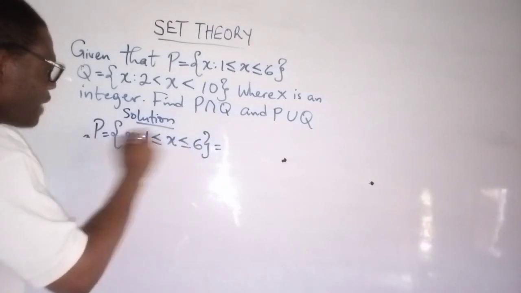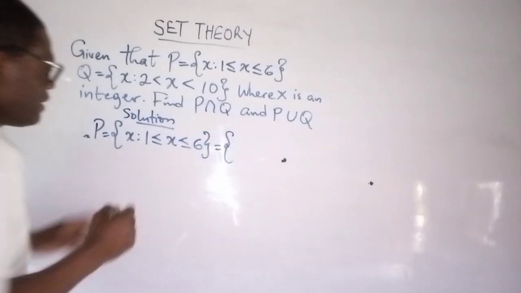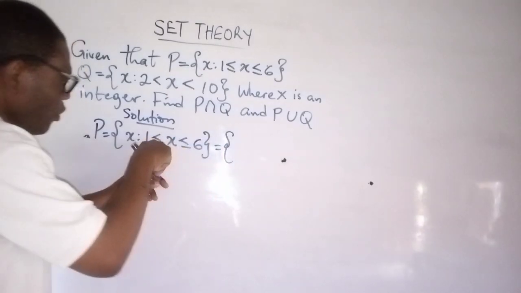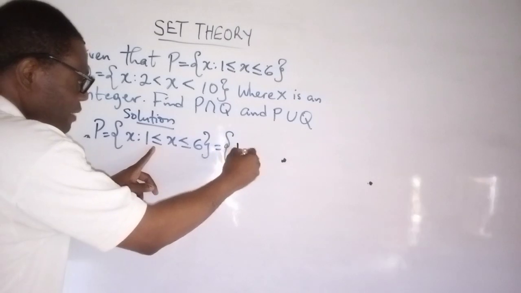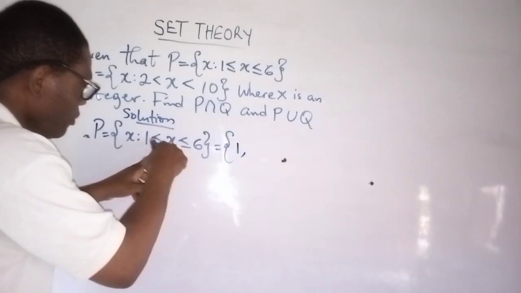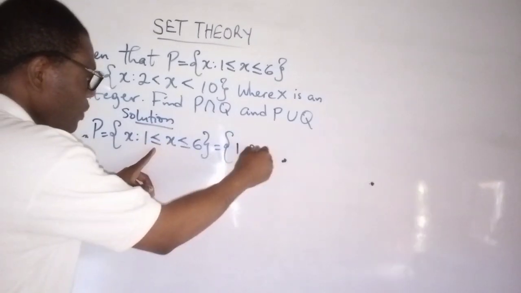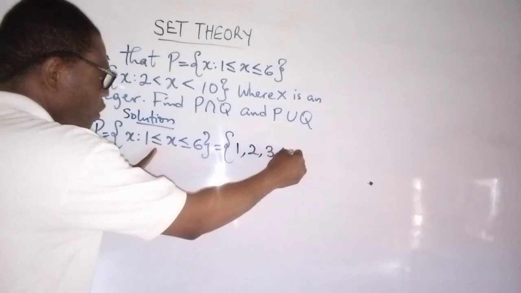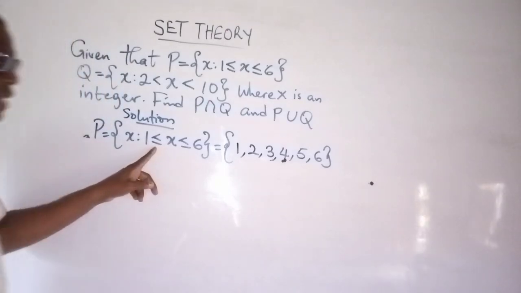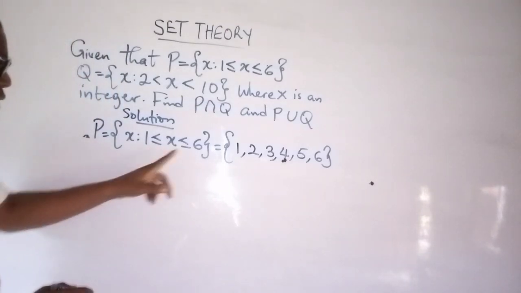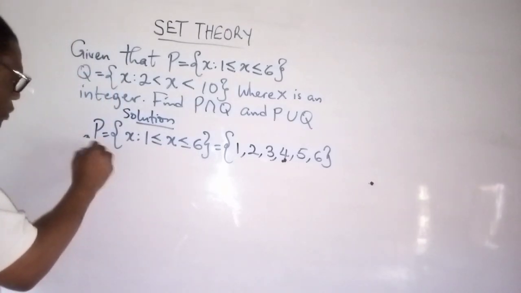So the interpretation of that, as I earlier on said, is that it is from 1 because it is less or equals to, so it's going to start from 1. Then another value between this and this is 2, 3, 4, 5, and 6. It stops there because it's equals to 6. So the